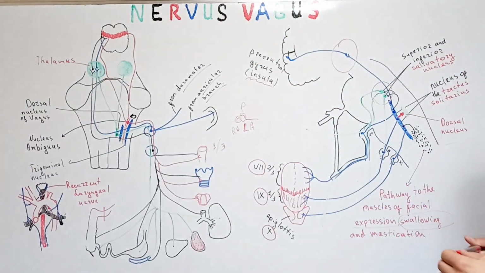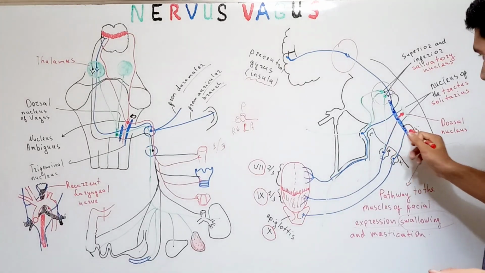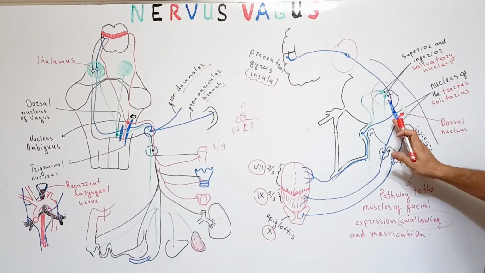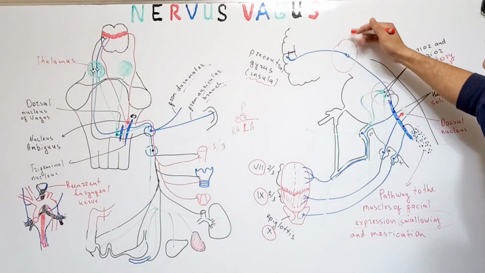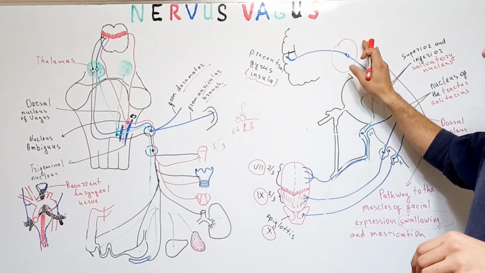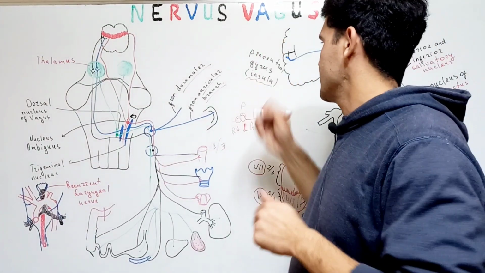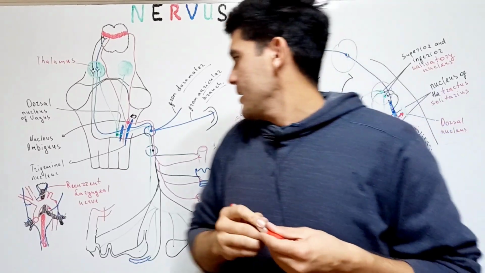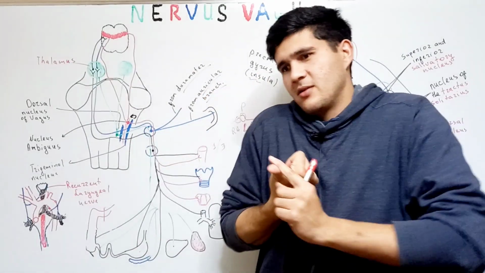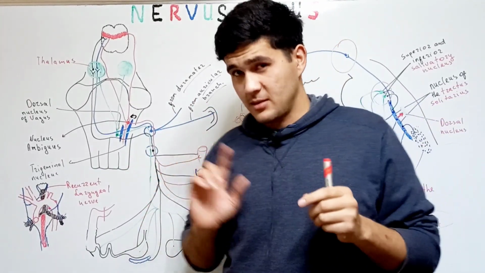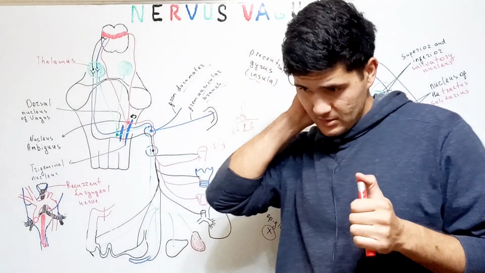And there is information that the nucleus of the tractus solitarius will conduct the impulse to the thalamus, and the next impulses will be carried and analyzed in the postcentral gyrus and in the insula. Okay, and additional information for you is that in our previous lesson, in the glossopharyngeal nerve lesson, I talked